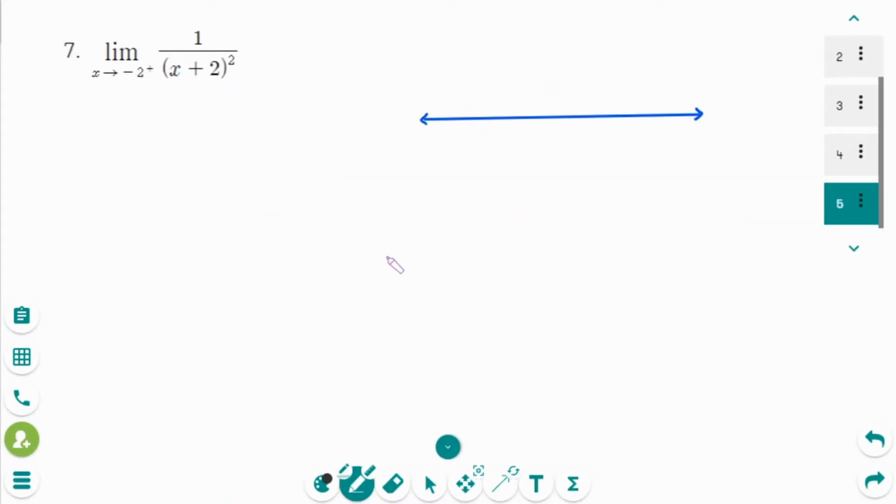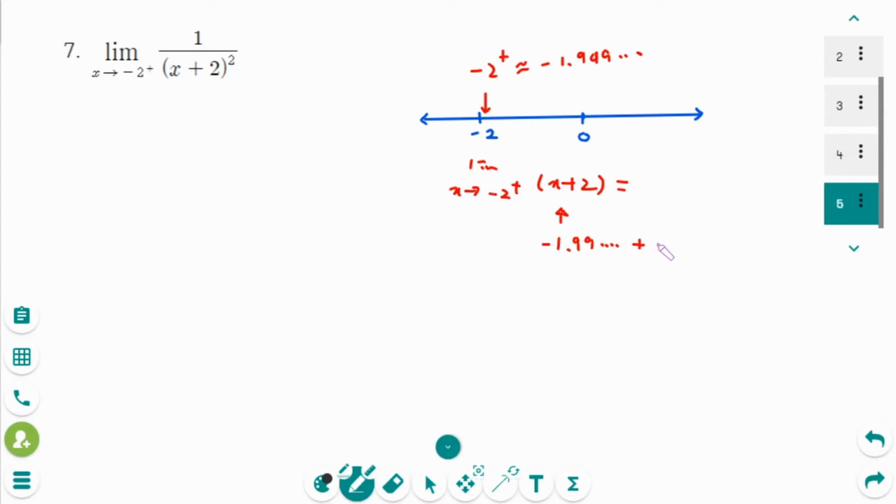This is the next question. We can use the number line. This is 0 and minus 2. Minus 2 from the right side is here, which is minus 1.999999. So limit as x approaches minus 2 plus right side, x plus 2 equals, this x means minus 1.9999,